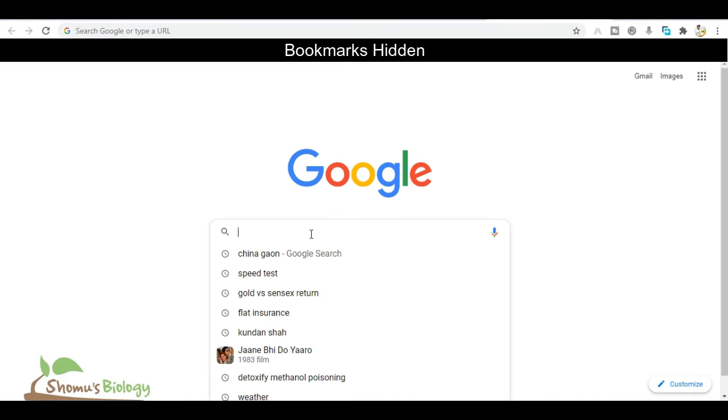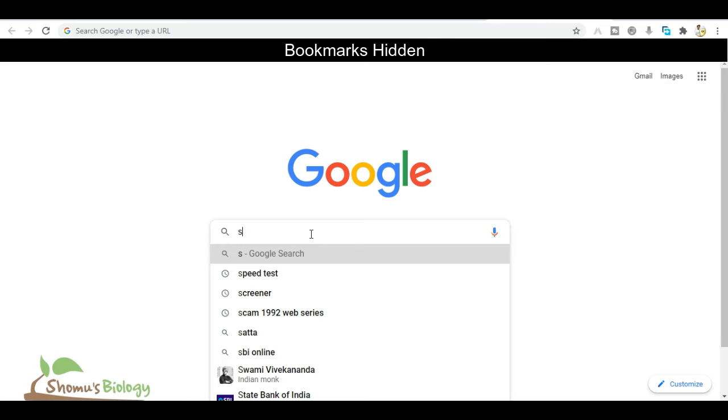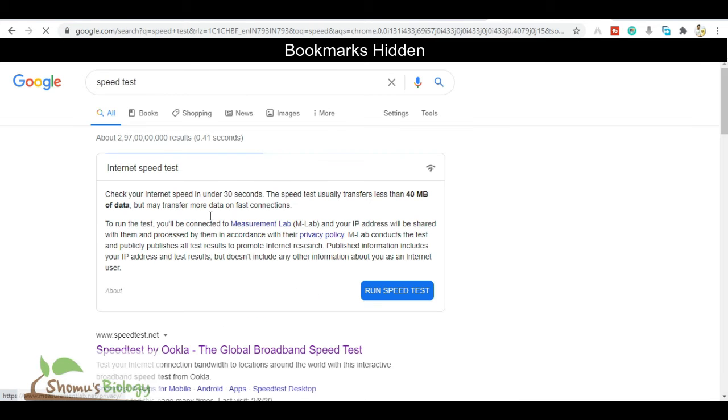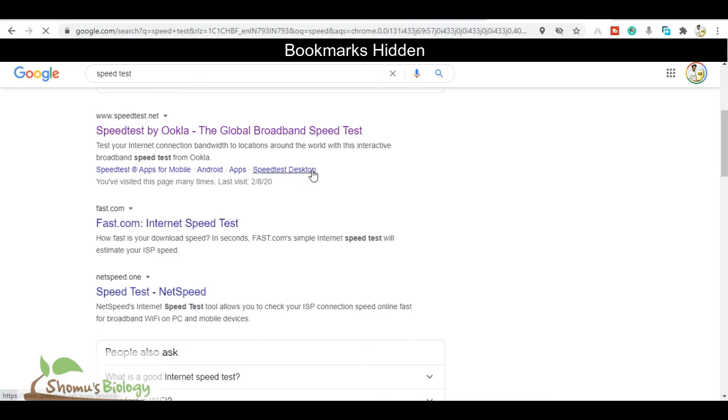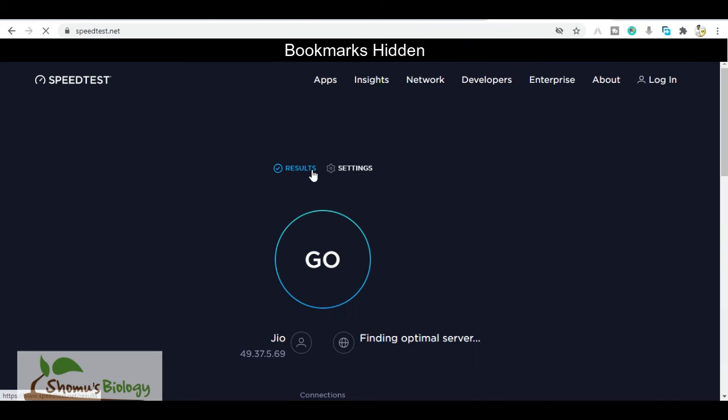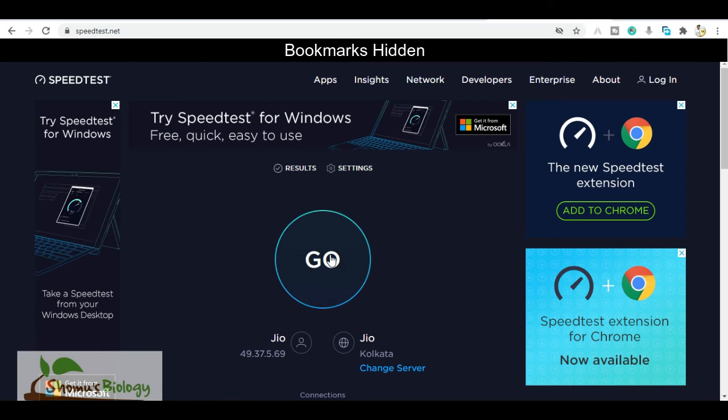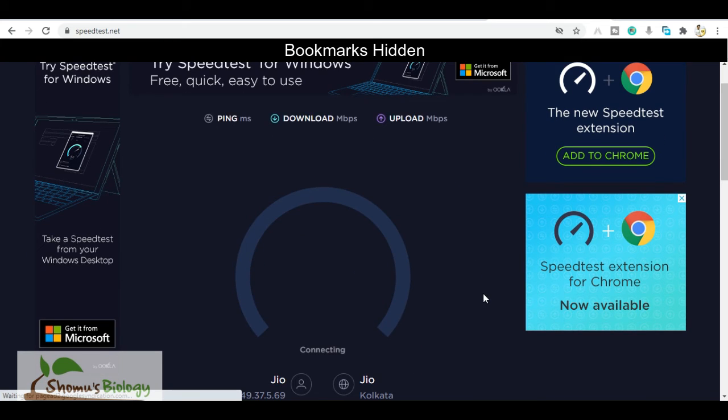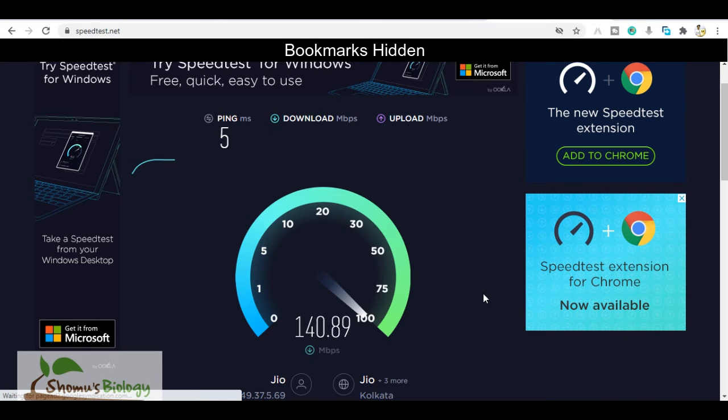For example, let me give you an idea about my speed test. Okay, so I'm going to tell you the speed of my broadband so that you get to know about it, because I want to be 100% transparent about it. So I'm currently running a class, and along with that I'm going to run this speed test to let you know the internet speed and internet stability that I have.